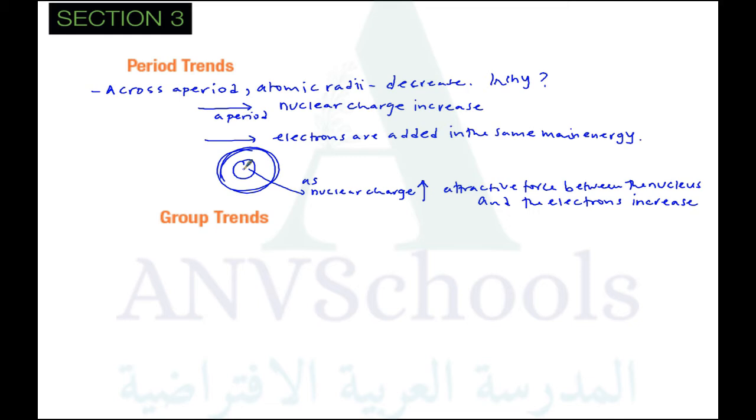That's why we say across a period atomic radius decreases. These are the two contributing factors. Nuclear charge increases across a period, and across a period, electrons are added in the same main energy level. As a result,